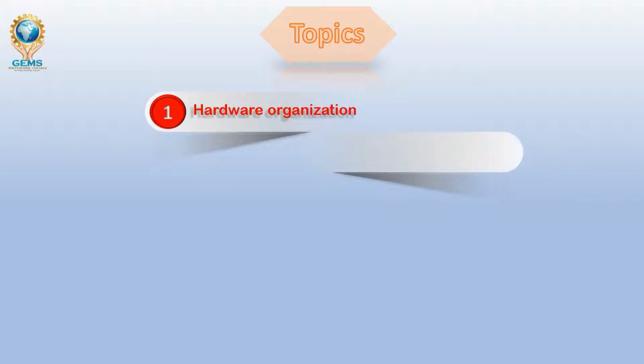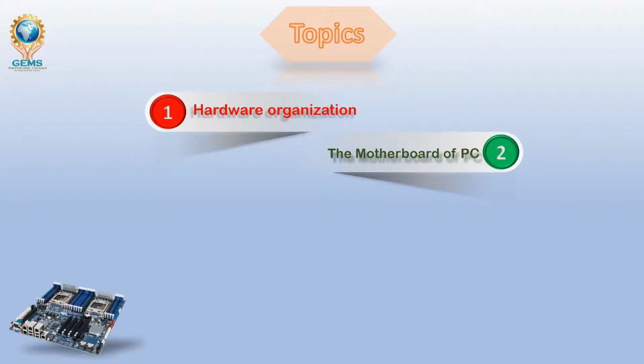And after that, as a second topic, we are going to see about the motherboard of the PC. In this, we will see what the motherboard is and what its main function is, why we use the motherboard, and what type of boards were used before the motherboard. After that we will see the components of the motherboard, how the motherboard functions, and how its components function. Everything in detail we will see in the second topic.